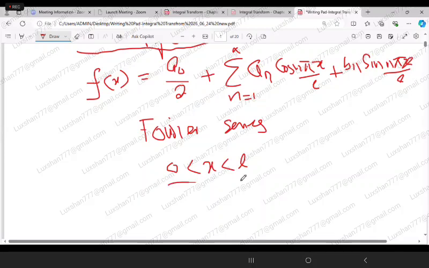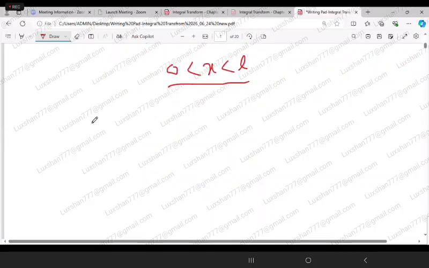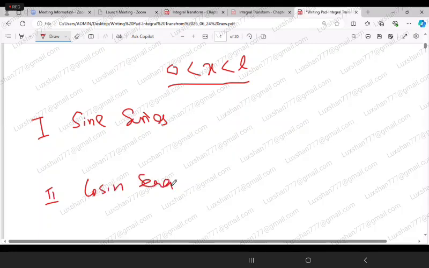In this case, we have two types of things. One we call the sine series, the Fourier sine series. The second one we have is the cosine series. So how do we write the Fourier sine series? We write f(x) as equal to